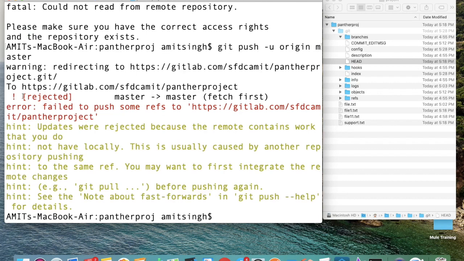Let's wait to see if we are able to successfully update that code or not. So you can see that we are getting an error saying rejected. Fetch first. We are getting some hint, fetch first. We are getting some hint, git pull. Why are we getting this